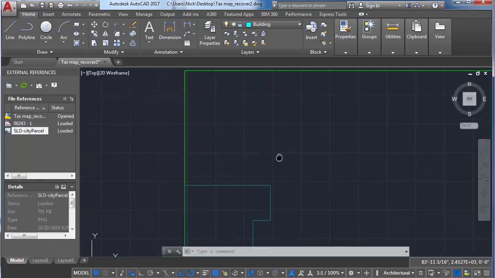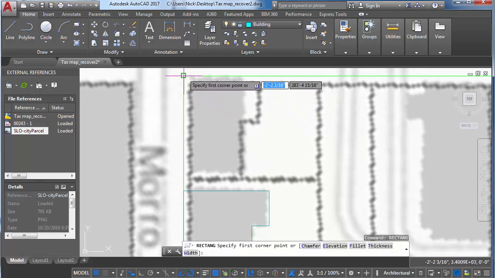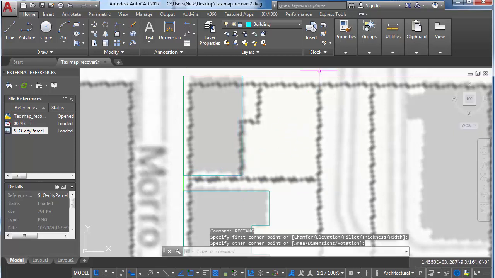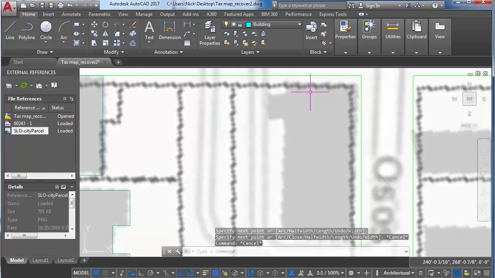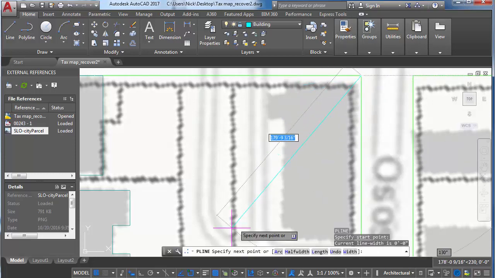This next building we're going to trace is just a simple rectangle, so we don't need to use Polyline. We can just use the rectangle command, snap to the edge, and click. Let's do the last building on the block. Type Polyline, snap to the corner, turn off your O-snaps,